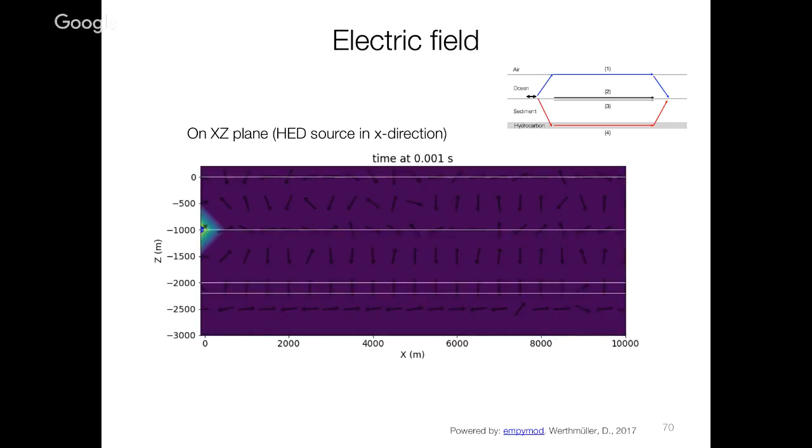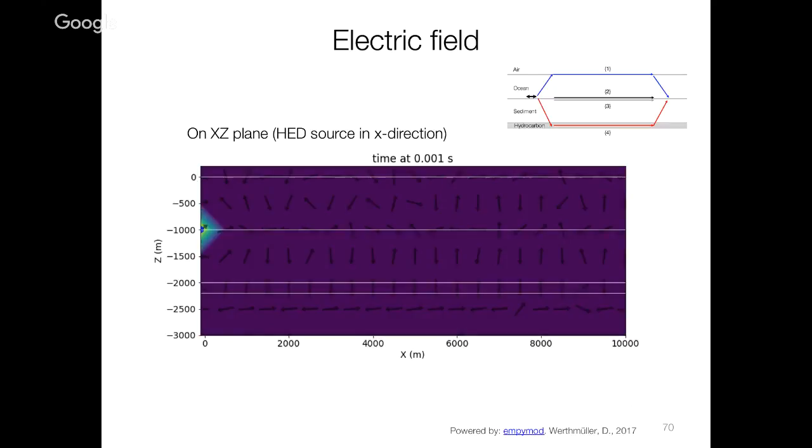So what we're going to see, first of all, is the electric field. Remember, we're starting with a horizontal source. So there's a current that's going like this, right? And if we look at the currents that are going to come out and the direction of the electric field, if we're kind of in line, this is the x direction, and the currents kind of go like this. So the